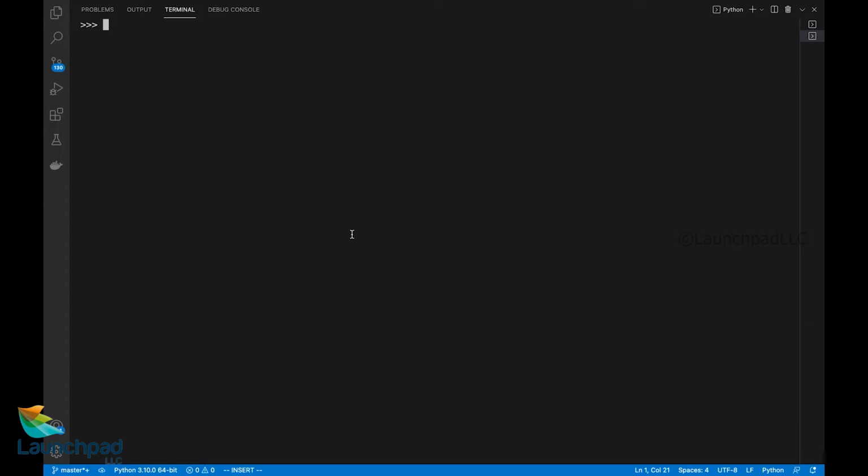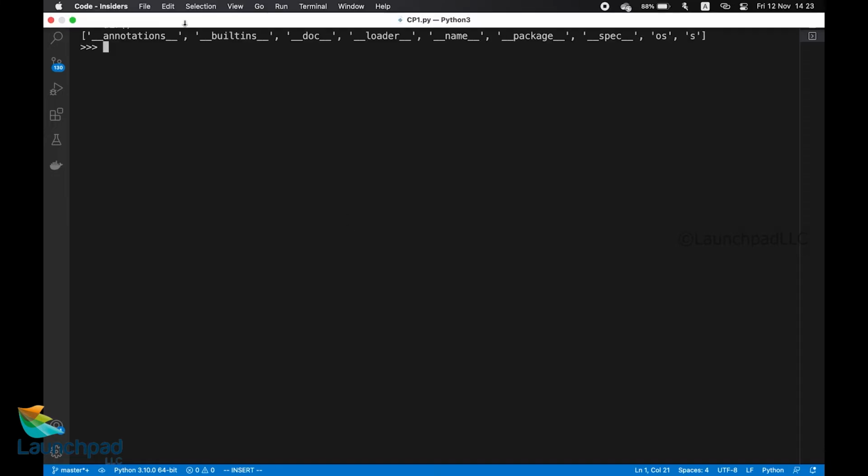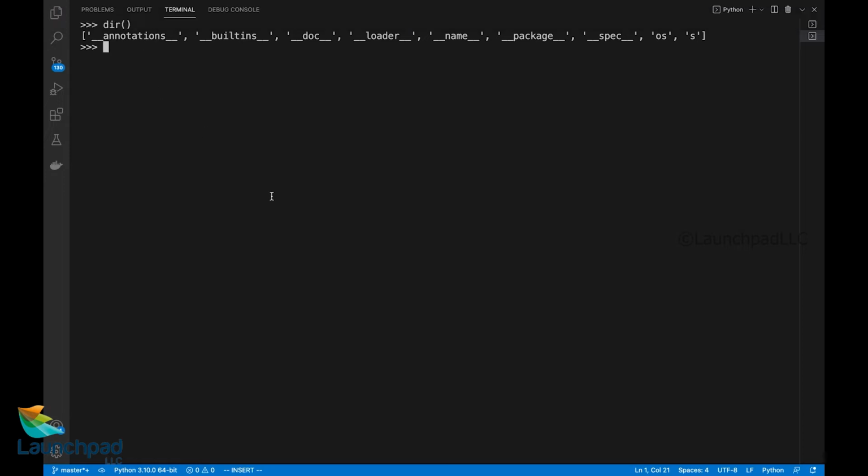Now from the terminal, I'll call the function called dir. dir stands for directory, and with this command I can see all the modules that are included in your Python by default in the beginning itself. Here you could see there are two values that are appended, which are os and _. The underscore is basically the value which we use, and os is the module which we imported.